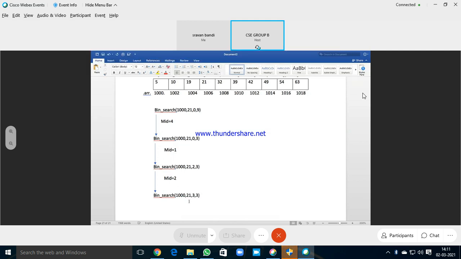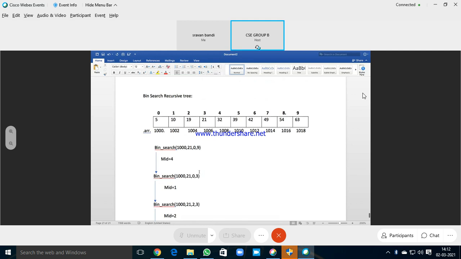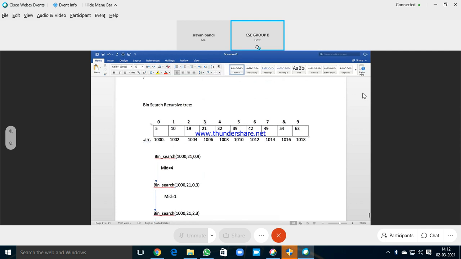So now you see, when we are in this call, what happens? Low is 3, high is 3, mid is also 3, and then a of 3 is equal to the element which I want to find, 21.